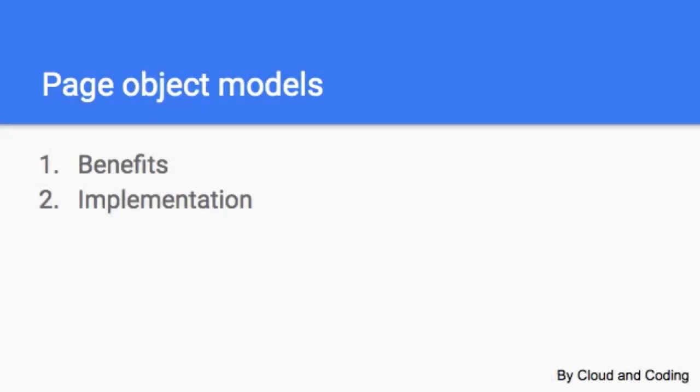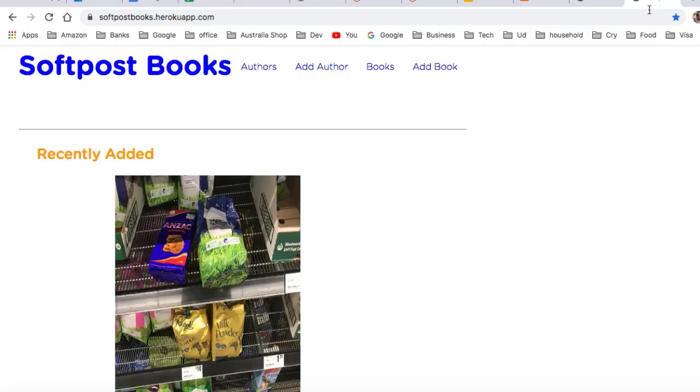In this video, I will explain how you can implement page object models in WebDriverIO. So let's get started. Consider this is a test website. In this website or web application, we have got a homepage, and then there is an authors page, add author page, books page, add book page. So in page object models, what we do is for each page we create a class,